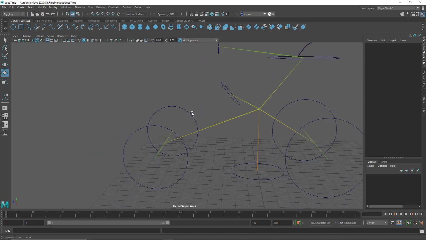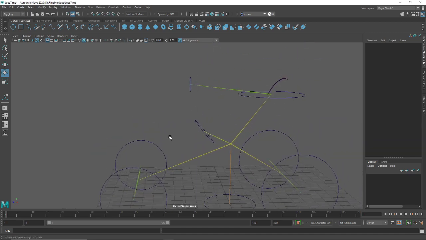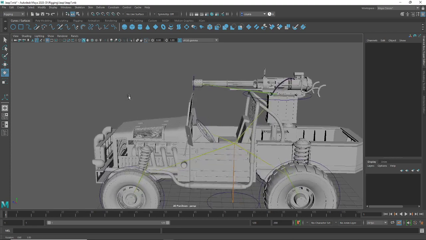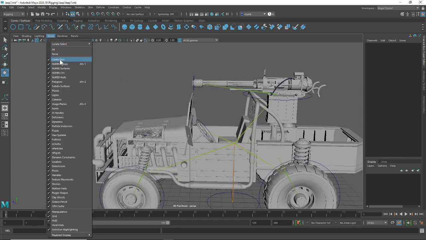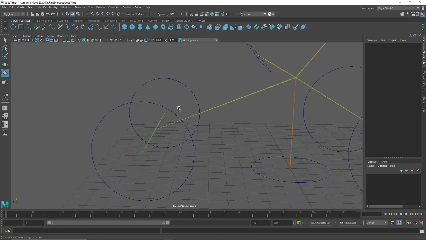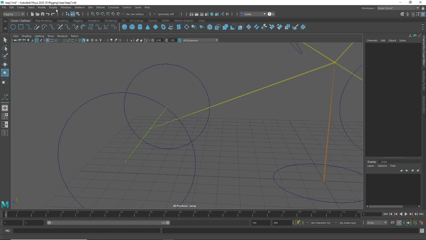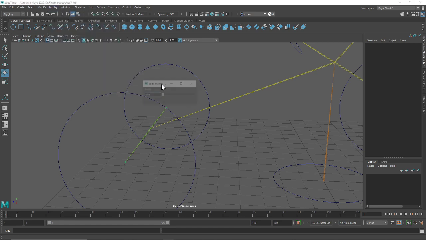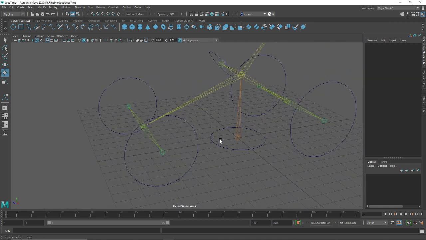And let's constrain these. So, what? Something funny's going on here. Oh, never mind. Show none, show joints, show NURBS curves. Okay. So, I'm going to make it a little bit better. Display, animation, joint size. I'm just going to bring back my joint sizes a little bit so it's easier to